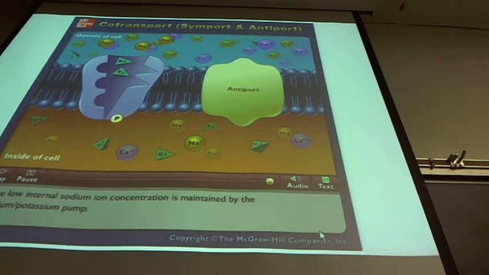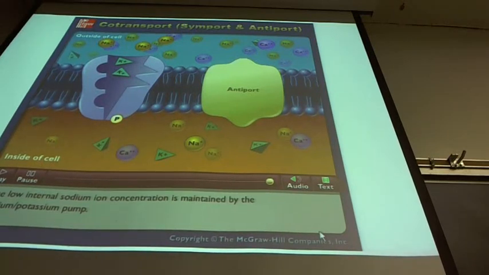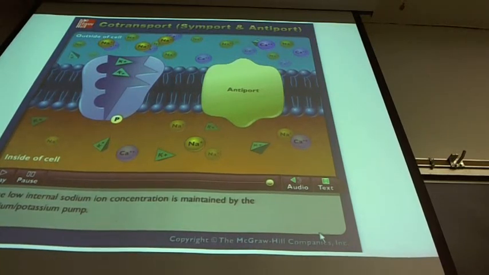The pump uses one phosphate, that one bond, to throw 3 sodium out and bring in 1 potassium. So it is active transport. It's still considered active transport. Is the potassium inside higher? Oh yeah. Higher. Your potassium,